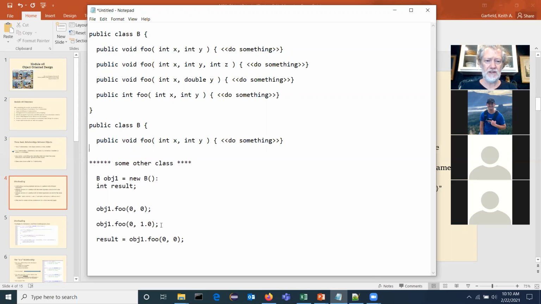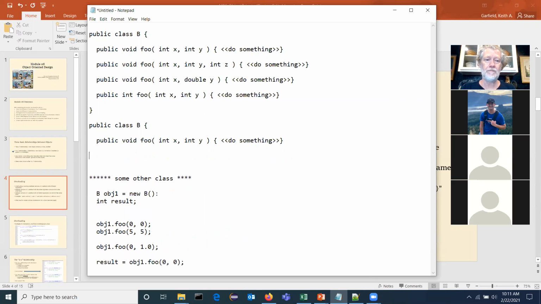So if I did this, that's fine. Because what I'm saying is first run foo with 0, 0, and now run foo again with 5, 5. In both individual cases, the Java virtual machine knows exactly which version of foo I want to run. Awesome. Thank you.